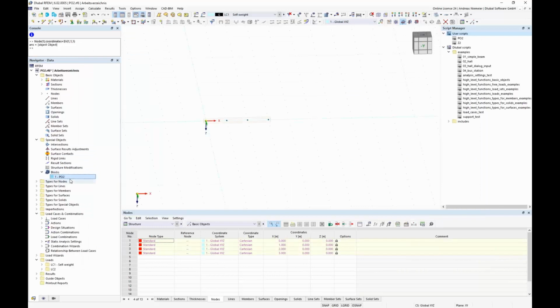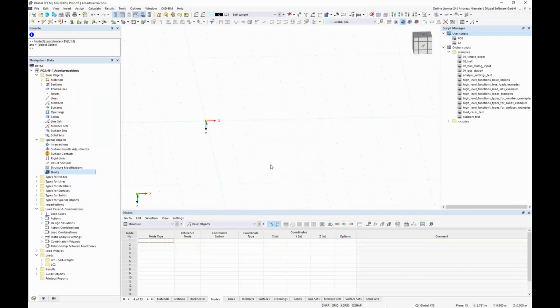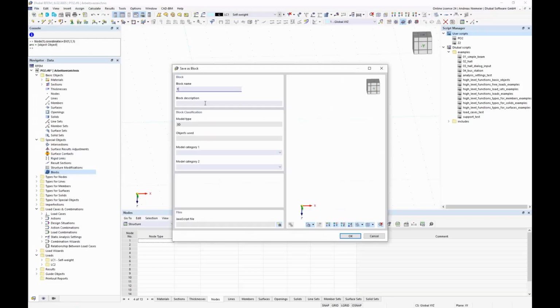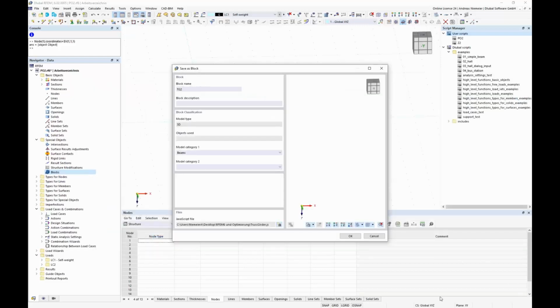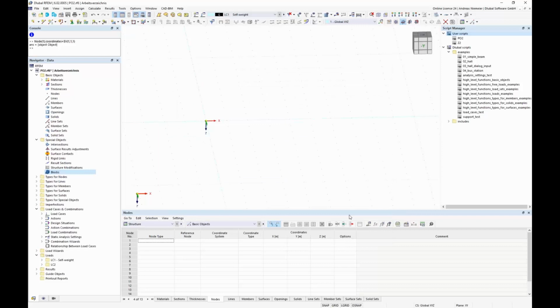So we delete this again and now use a predefined file for a truss girder with members that I prepared for you. And I save it as block, Truss girder 2, for example. We place it below beams, and I have a file, truss girder, prepared, which models not only nodes, but also beams and loads. And if we read in this file as block and get this block here,